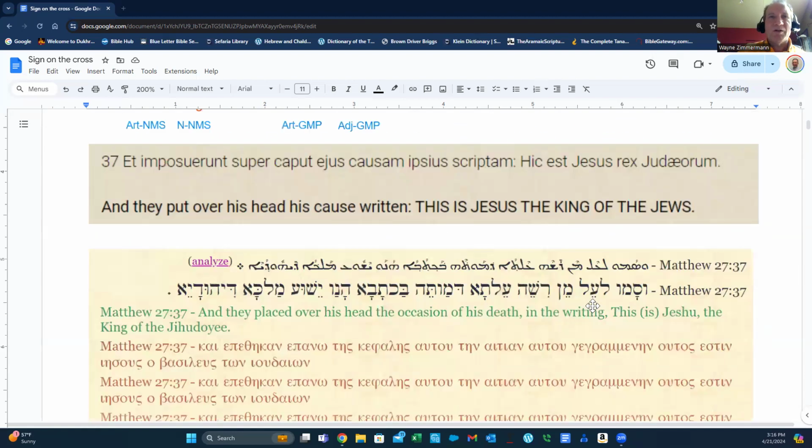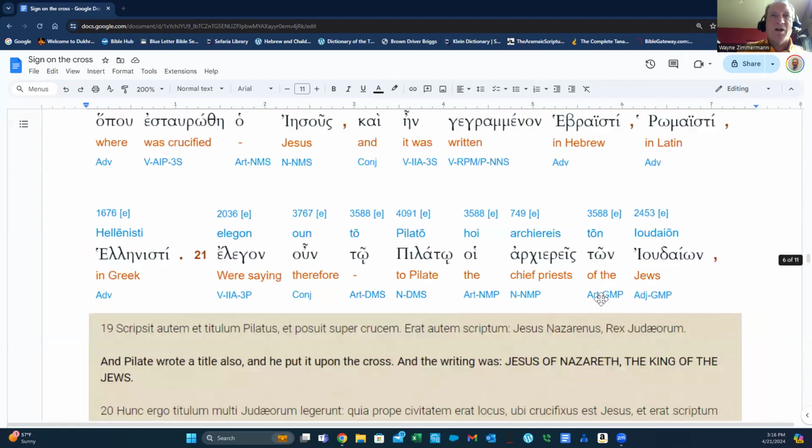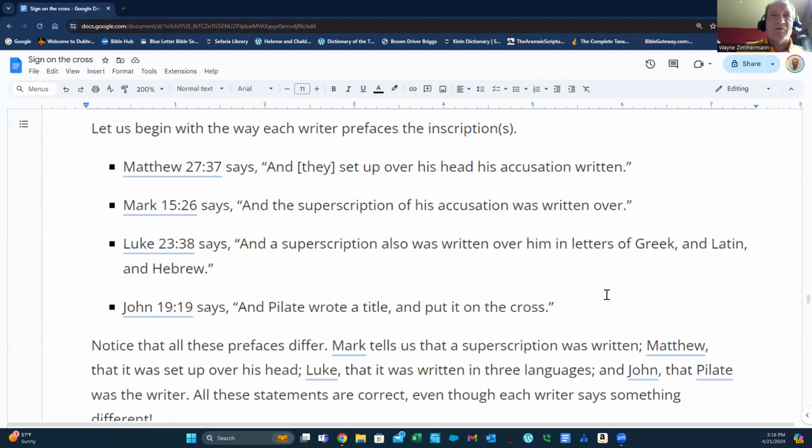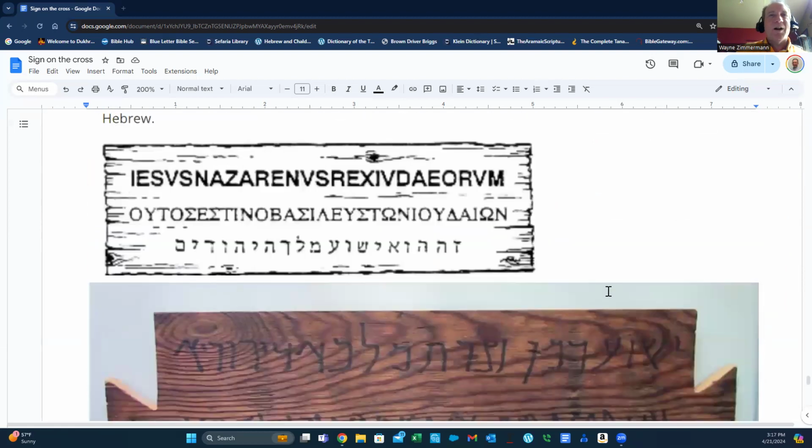So I want to scroll down here and show you a picture, again, the artist's rendition of what the sign on the cross could have looked like. I think that was very interesting. You can see I have a lot of information here. What we see at the top of the screen is black and white writing with the top letters being the Latin. And we're going to find out later that only Luke and John finally told us that there were three translations of this. Matthew and Mark do not even mention that it was written in any language,